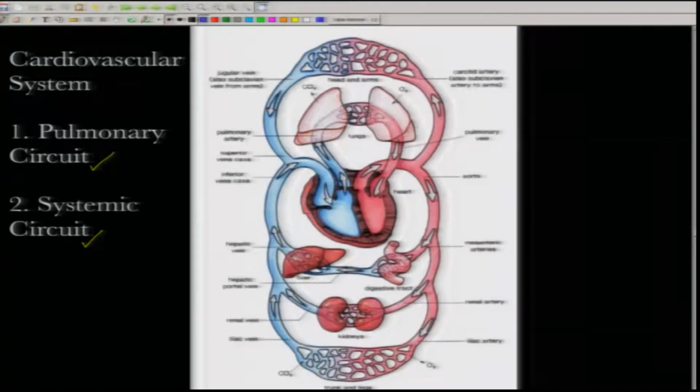Okay. So, this is the pulmonary circuit where impure blood from the right ventricle goes to the lungs, gets the necessary oxygen here, and here it is giving away the CO2, as you could see,